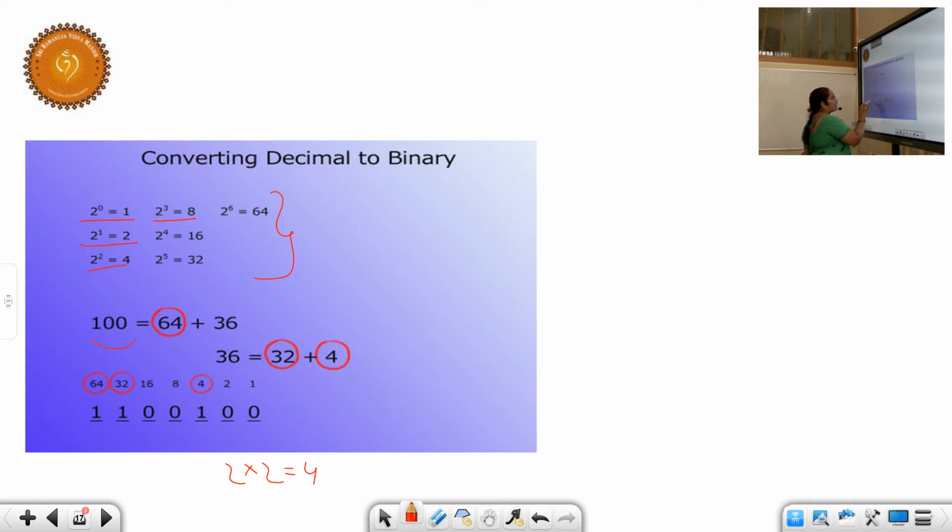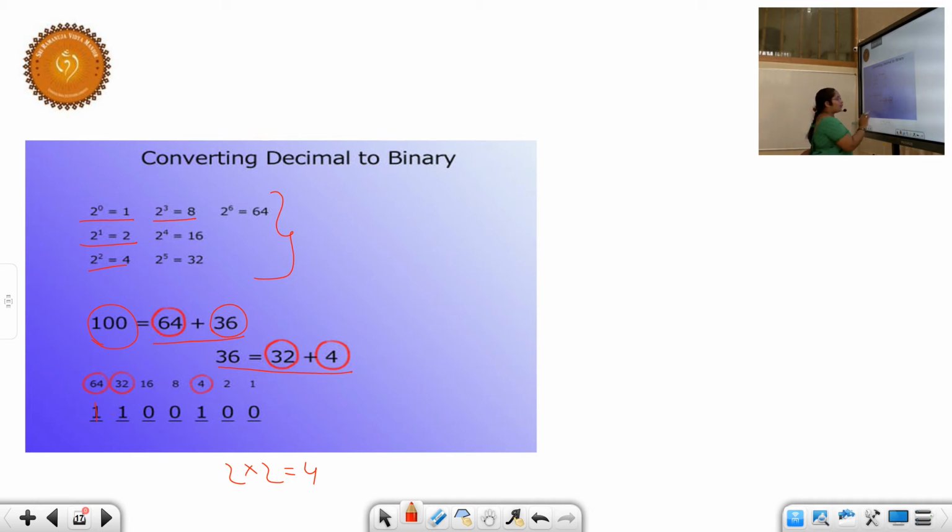We have another example of 100. So 100 can be written as 64 plus 36, and 36 is subdivided into 32 plus 4. Observe here, children, 64 is represented with 1, and we do not have the 36 option. So we should subdivide it into another binary format, or cut it down to get a perfect format of the binary value.